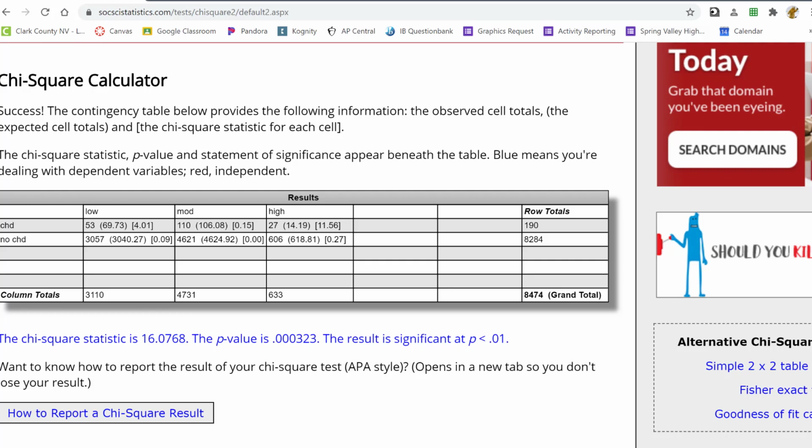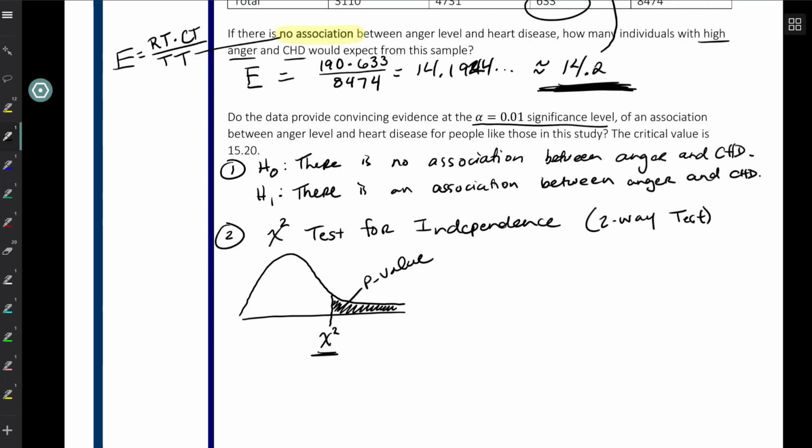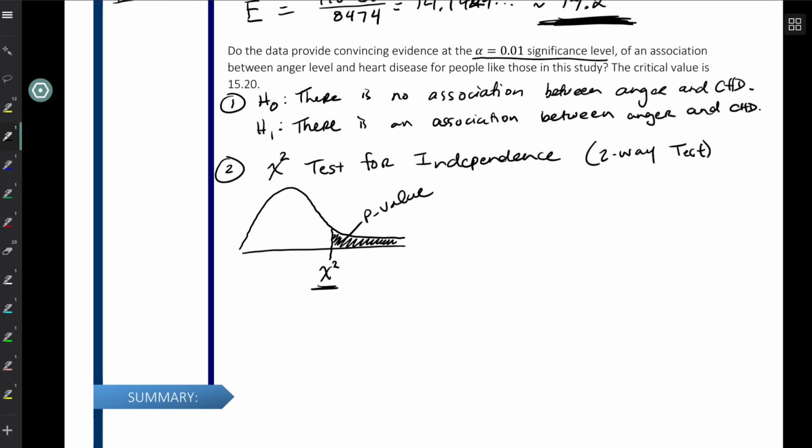Not everyone is going to do that, so I'm going to ignore that for right now. I'm going to gloss over it. We're going to just write out the results that we found here. So we had calculated a chi-squared. This had a degrees of freedom equal to 2. This had a sample size of 8,474 and a chi-squared of 16.1 if we're rounding to 3 sig figs, and